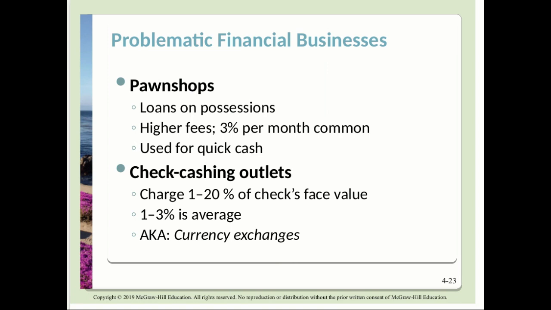Pawn shops. One of the things that you might do is go to a pawn shop and you can get a loan. In other words, here's something, let's say a guitar. Here's my guitar, and they'll loan you a certain amount of money for it. And you go back and you pay it back along with a bunch of interest, and you can get it back. Or you can sell that guitar to the pawn shop.